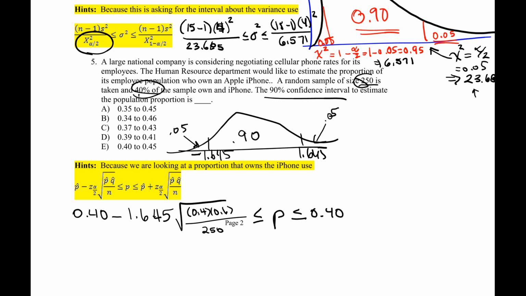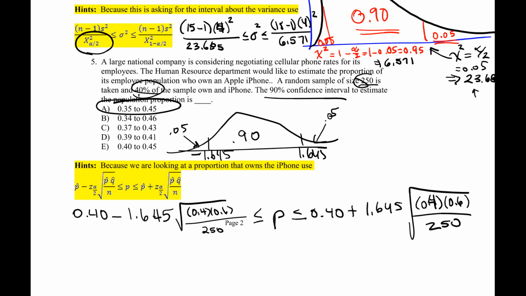And so then I write all the same stuff on this side, but plus my 1.645 and 0.4, 0.6 over 250. And when you throw that in your calculator, you should get 0.35 to